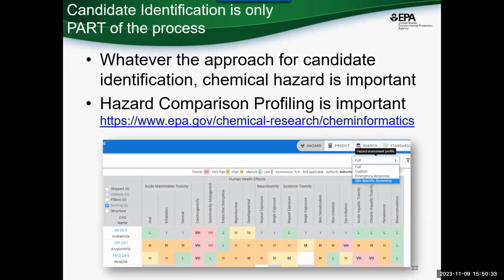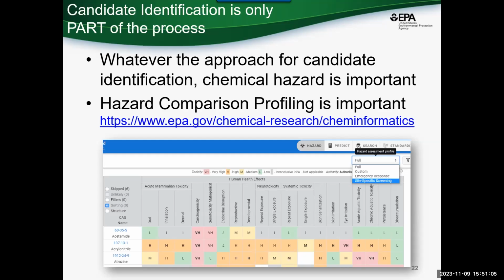The reason that we build tools on top of our informatics platform from non-target analysis is detection is not enough. When you have a set of candidates, a set of chemicals that you might want to be concerned with, we now know the structures because we've been able to identify them with this approach. But you want to focus your efforts on those that you think might be most hazardous. So what we've built is another public tool. You may or may not have heard of it. This is one of the Chem Informatics modules,